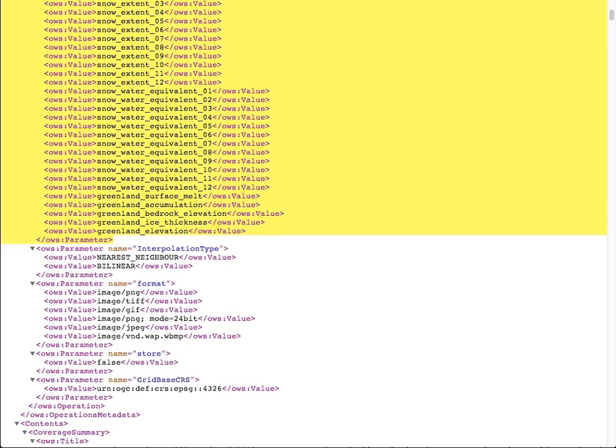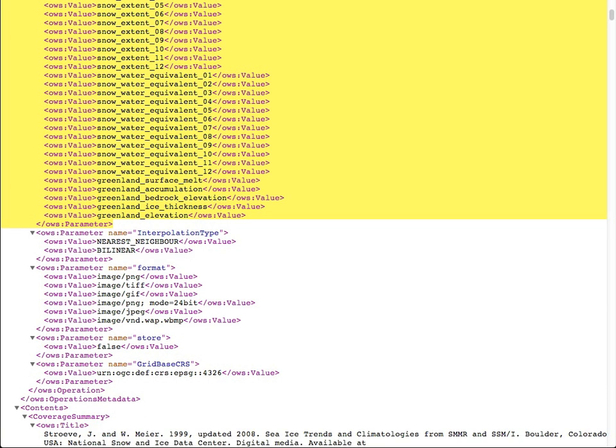Also, as a part of this information about the GET coverage request is information about available interpolation methods that users can optionally request, the formats that the data are available in,